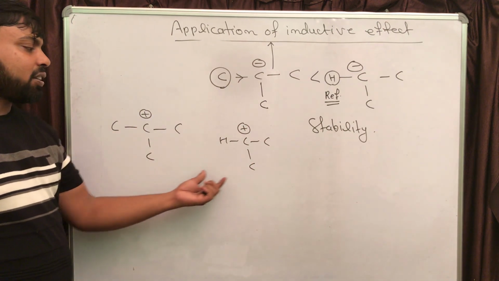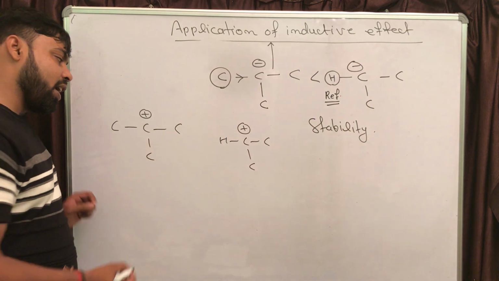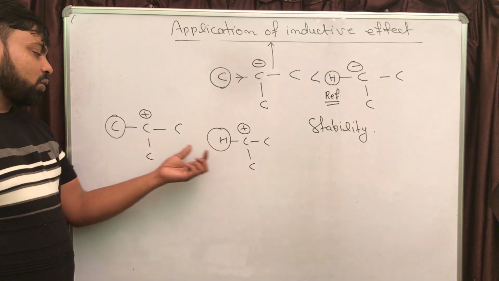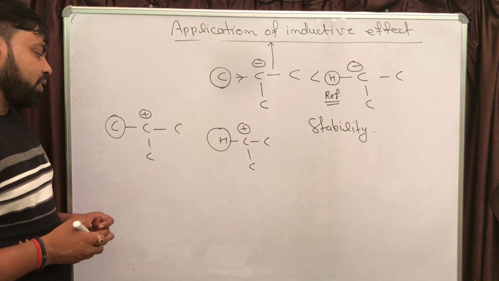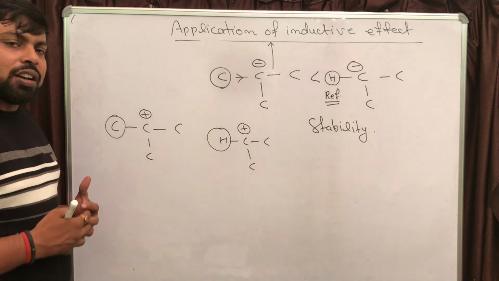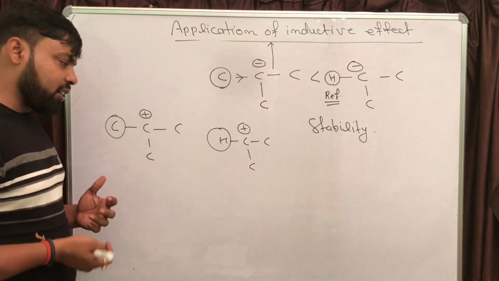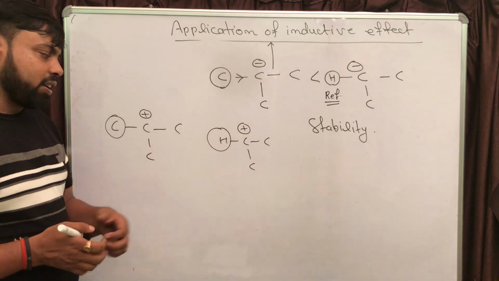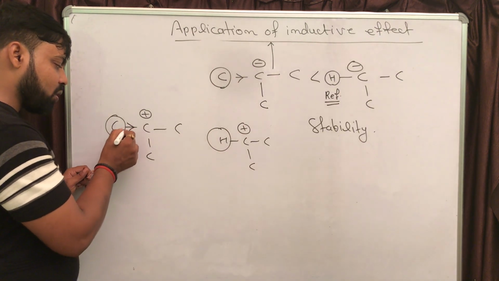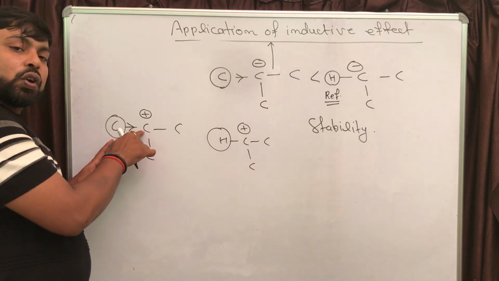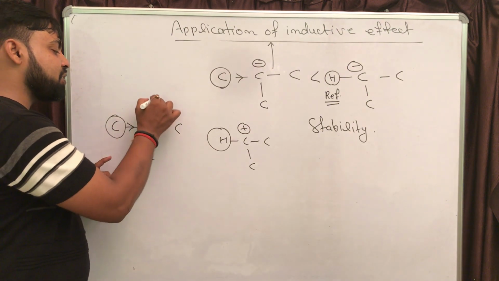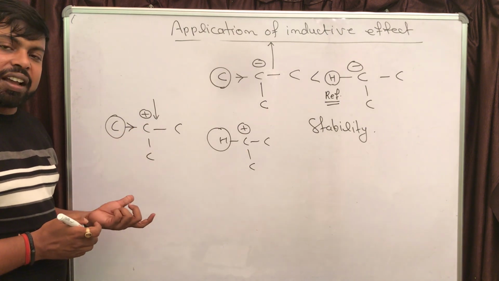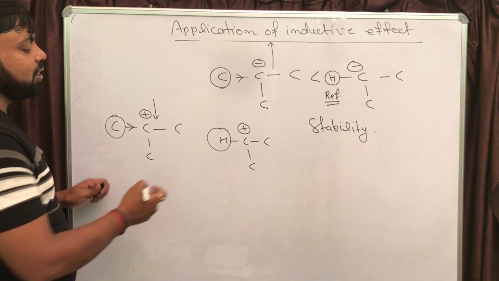And we need to compare the stability of these two. Again, I'll compare the point of difference. Second one is having hydrogen while first one is having carbon. Definitely carbon alkyl group is having tendency to donate electron, and electron donation ability of carbon is much more than hydrogen, so it is going to donate electron, and if electron is donated, that positive charge is going to be decreased, and lesser is the magnitude of charge, more is the stability.